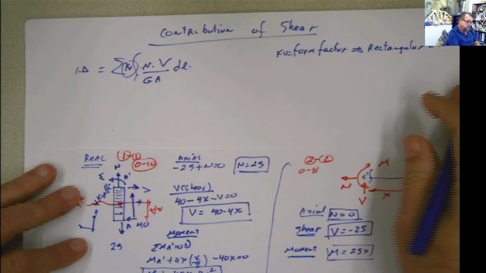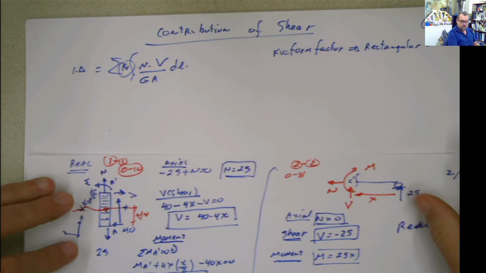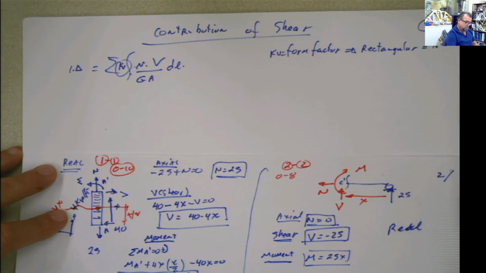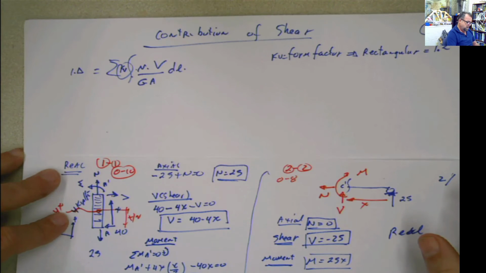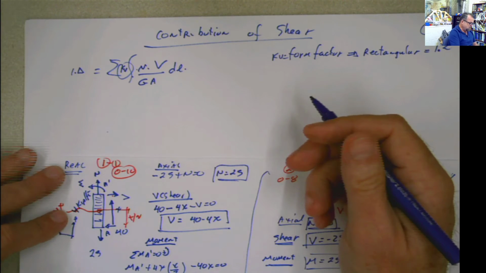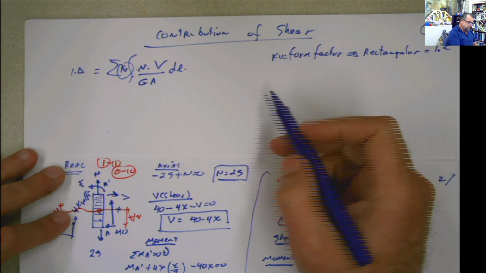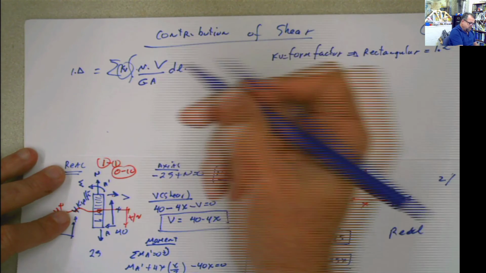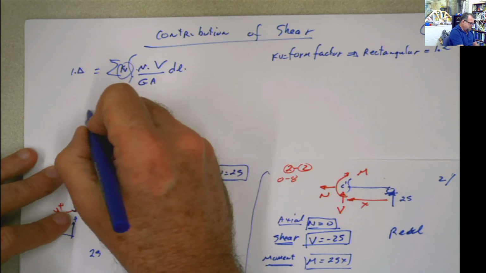Do I have to know that? Well, I only know rectangular, circular, and W beam: 1.2, 0.9, and 1. But there is a way, then there's tabulated, and there are formulas also. Okay, anyway. We already have everything else. So let's do that. This is going to be equal to